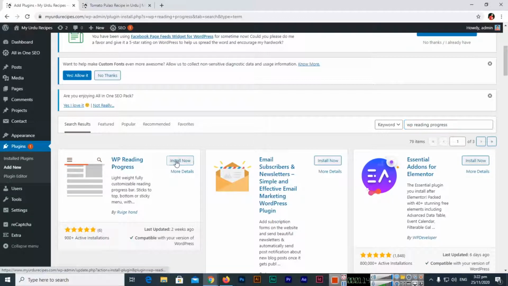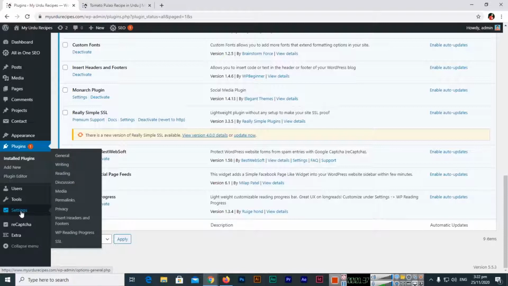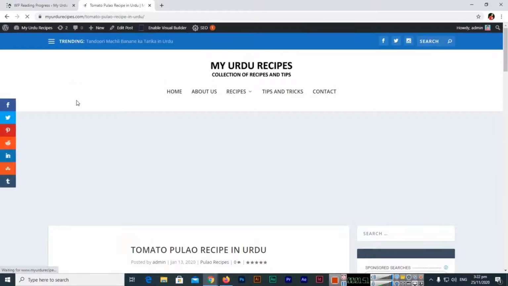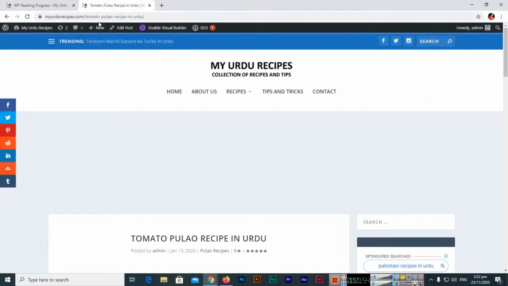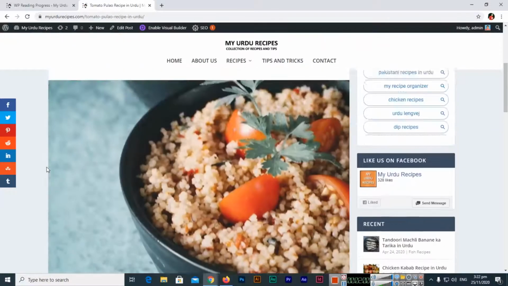So I will just click on install now, then activate. Once you activate this plugin, you can see WP reading progress. You can click on the settings here, or you can click on settings on the left side in the admin dashboard of your WordPress, and you can see WP reading progress. So you can also click here. If you refresh your page,